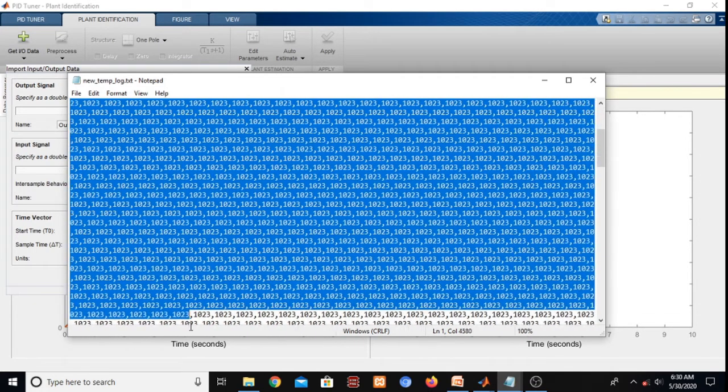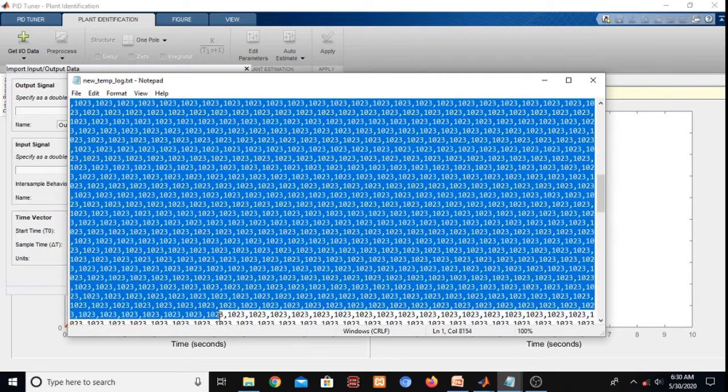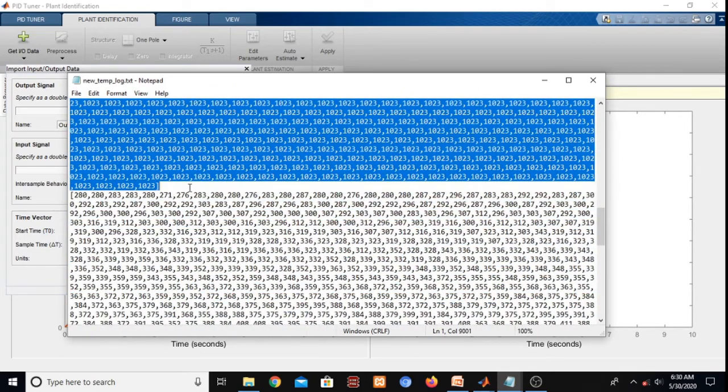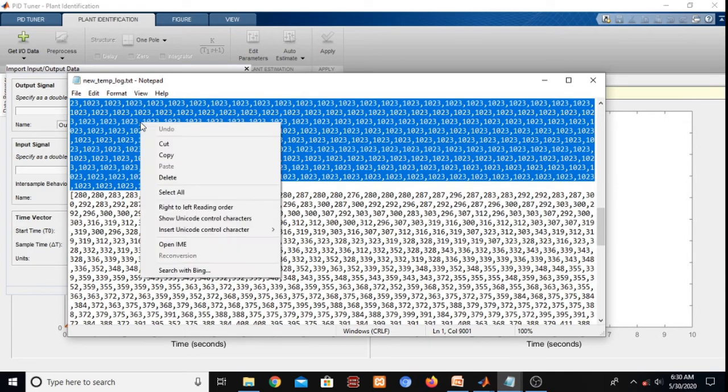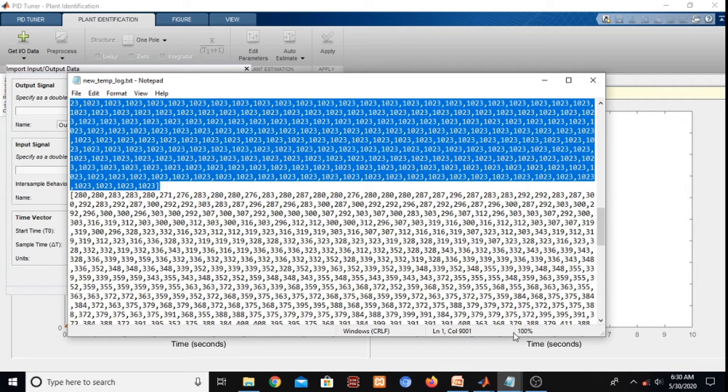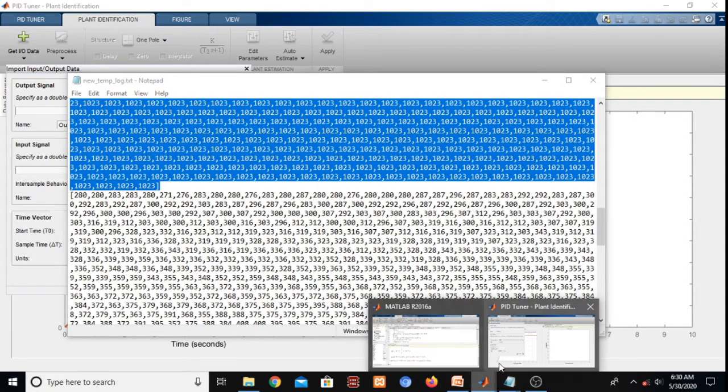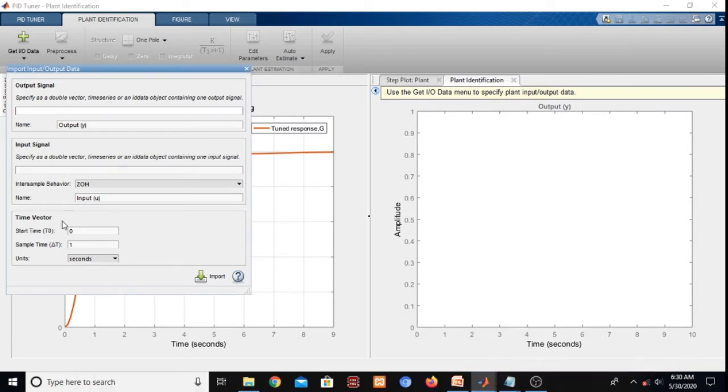So just cut it, copy it and paste it there. This is input data, so we are copying from here, and then pasting into the input signal section here.